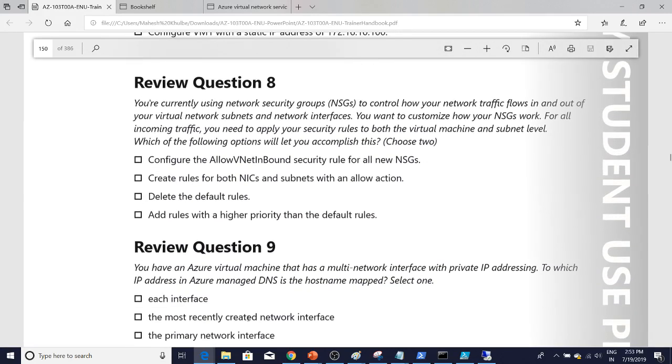Question 8. You're currently using network security groups to control how your network traffic flows in and out of your virtual network subnets and network interfaces. Alright, good. You want to customize how your NSGs work. For all incoming traffic, you need to apply your security rules to both the virtual machine and the subnet level. Very simple question. If you want to have a rule apply both at the virtual machine and the subnet level,